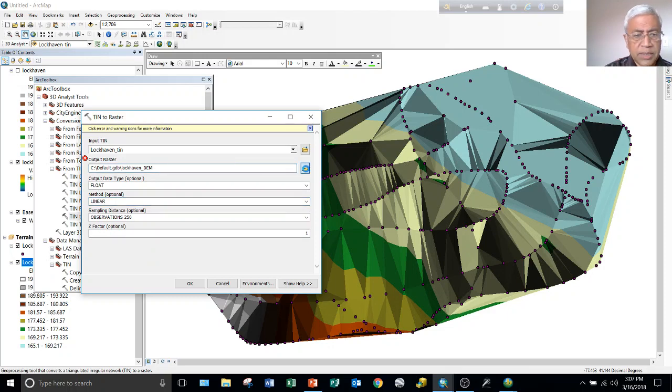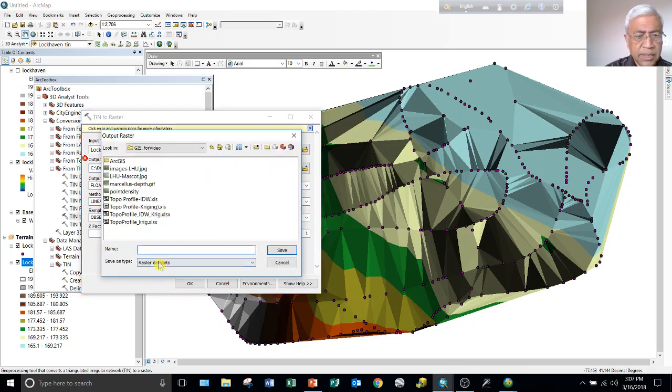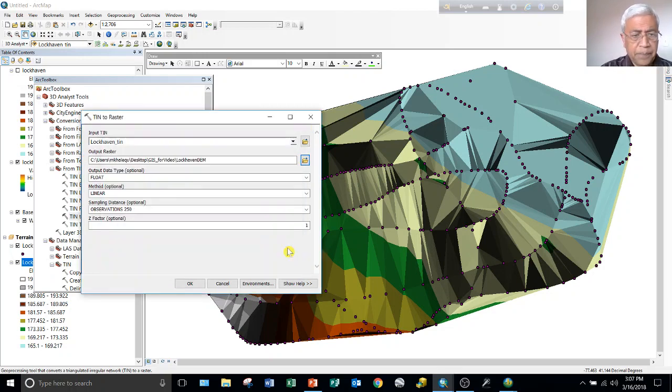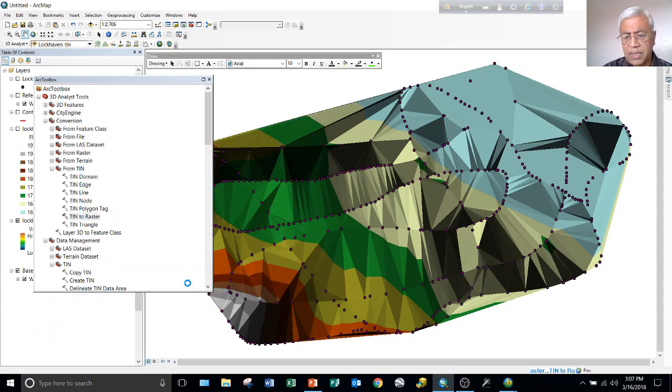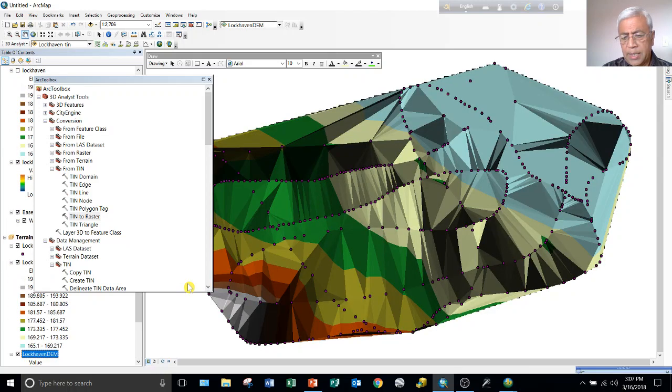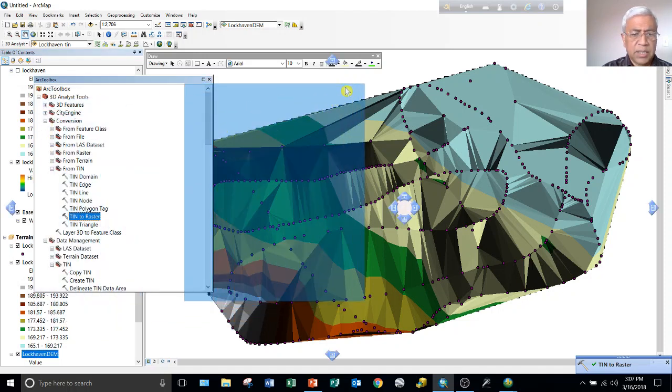Let's see why it is not liking it. So we'll say Lockhaven DEM. We don't want to deal with anything else, so just hitting OK. And we have a tin to raster file, which is,